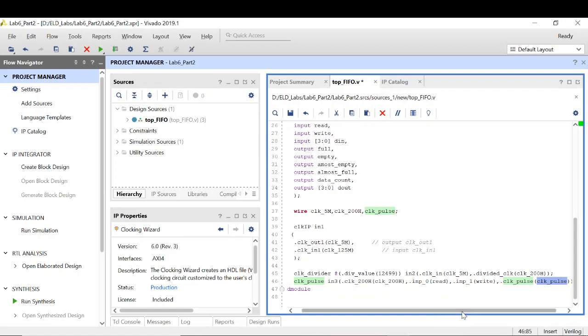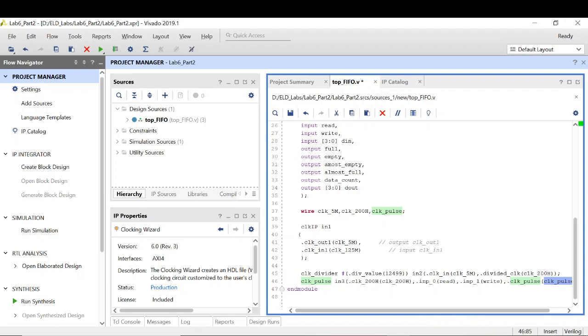What actually will be happening is whenever you press either read or write, a clock pulse will be generated, and at that particular clock pulse your function will be done. For example, I need to do a write operation, right? For that, I will be setting some data values on the D input, and then I will be pressing the write button.